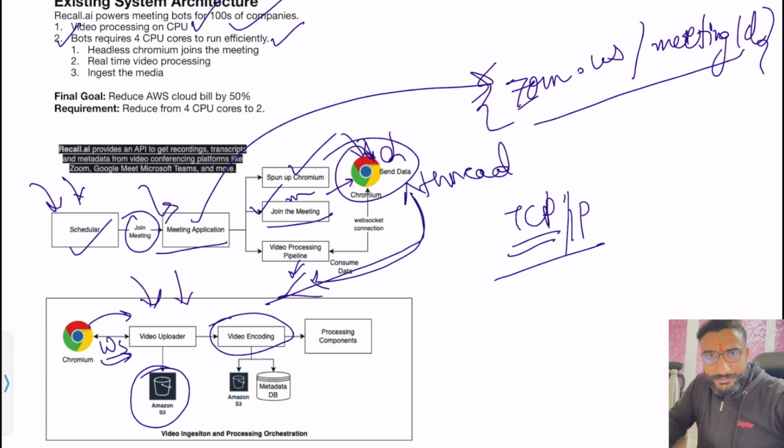Now the idea is pretty simple. What we mean by encoding is, I will quickly explain. In case of encoding, what happens is there are a lot of devices available across the world. Apart from devices as well, there are different internet bandwidths which can be supported by the users.